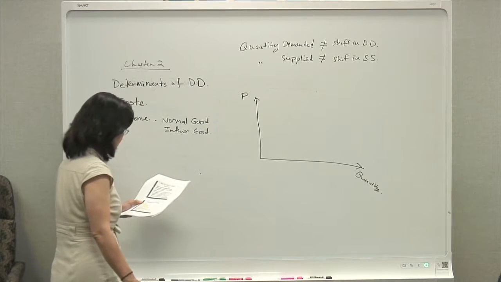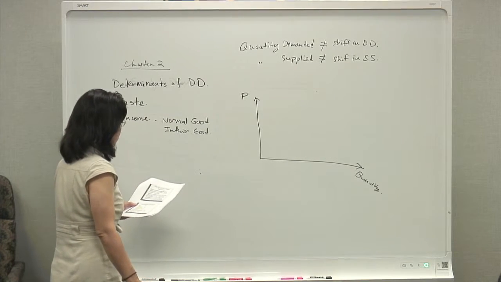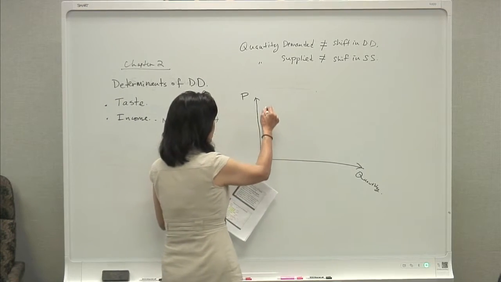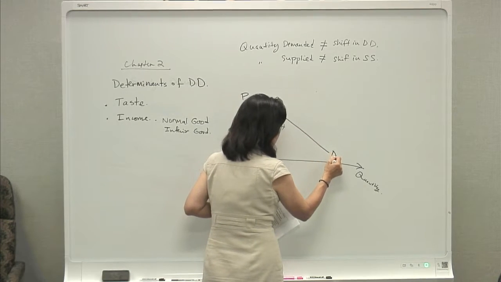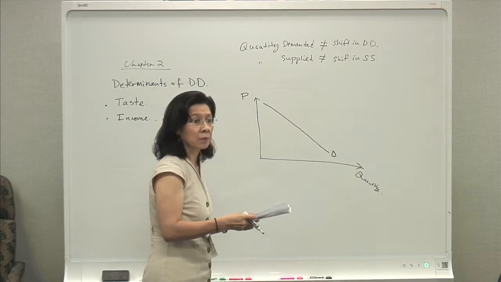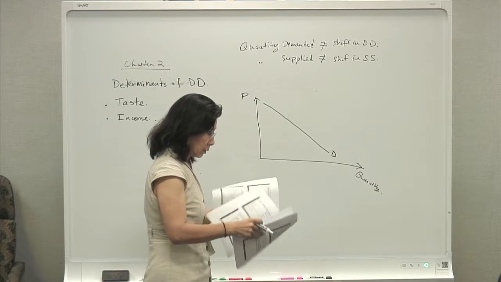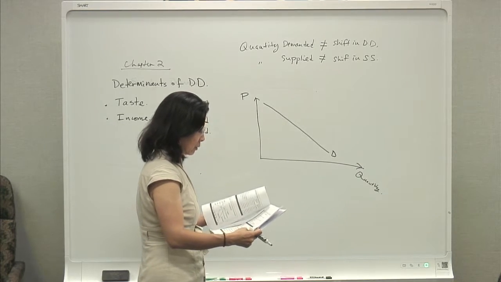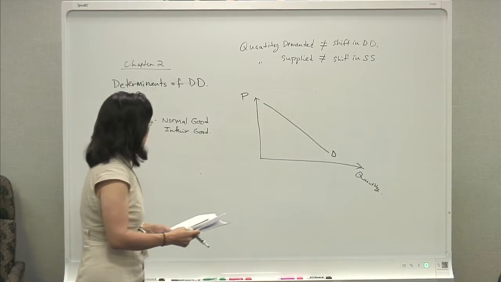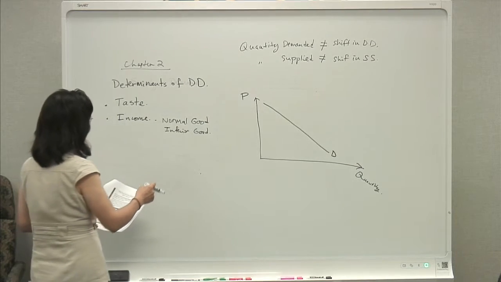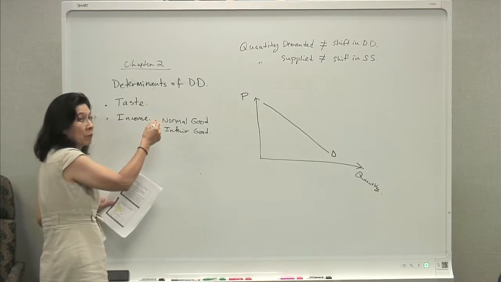Okay, so I'm just going to represent your demand curve with just a line like that. Very simple, just capital D for demand curve. Then what we say is, if the taste is favorable, there are two types of taste, for example,